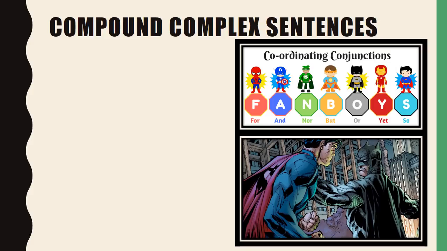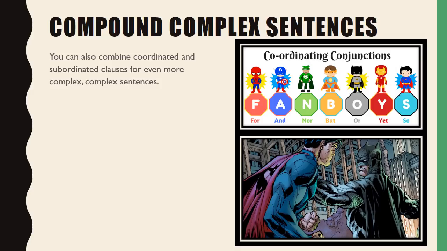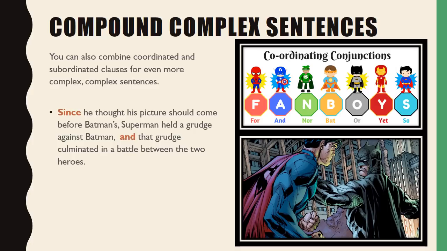And then you can make them even more complex by combining coordinated and subordinated clauses. So if you have used a coordinating conjunction, but you also want to use a subordinating conjunction because you want to show a cause and effect relationship as well as just combining your ideas, then you could end up with something like this. Since he thought his picture should come before Batman's, Superman held a grudge against Batman, and that grudge culminated in a battle between the two heroes. So in this case, we've got two